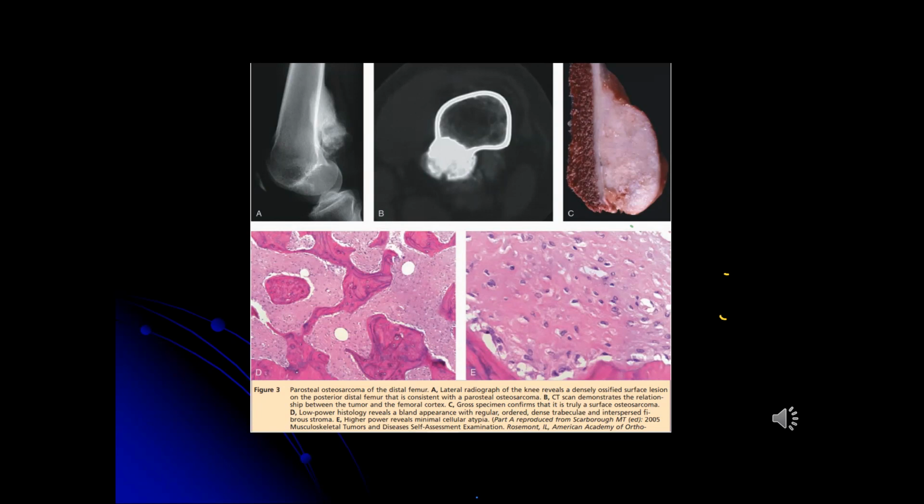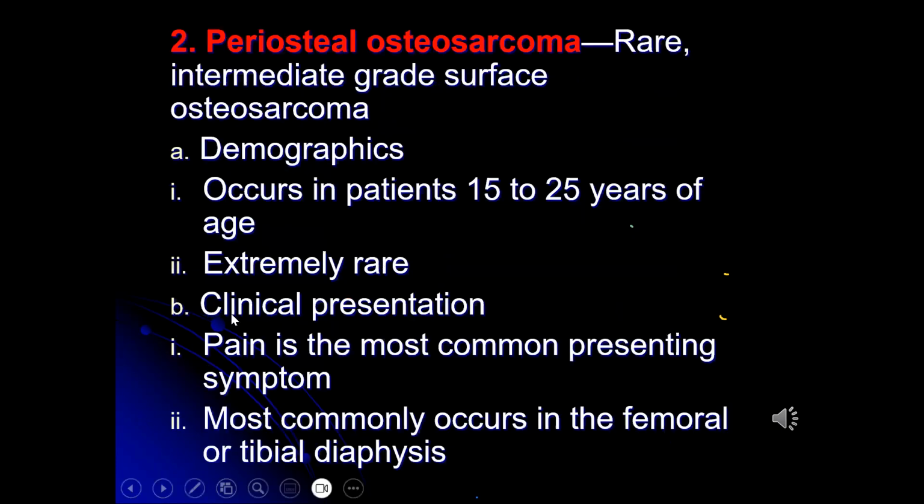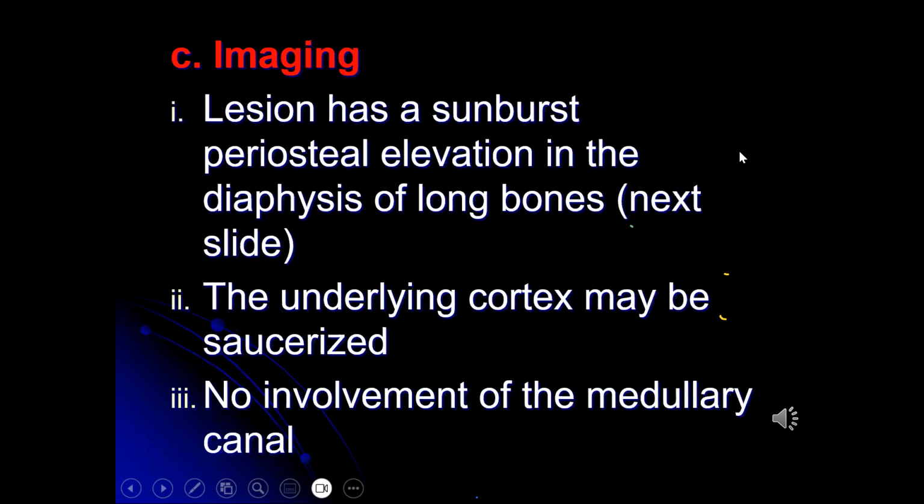This is the periosteal. It occurs in patients 15 to 25. It's extremely rare. Clinically, pain is the most common presentation. The most common location is the femur or tibial diaphysis. The lesion has a sunburst periosteal elevation in the diaphysis of long bones, and the underlying cortex may be